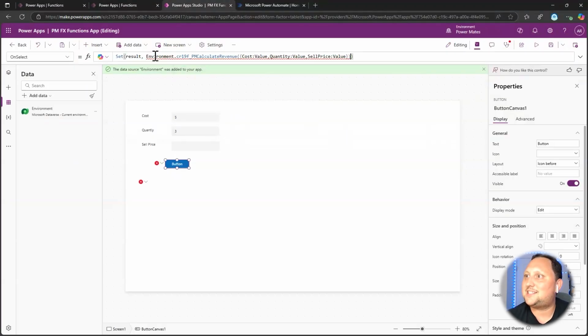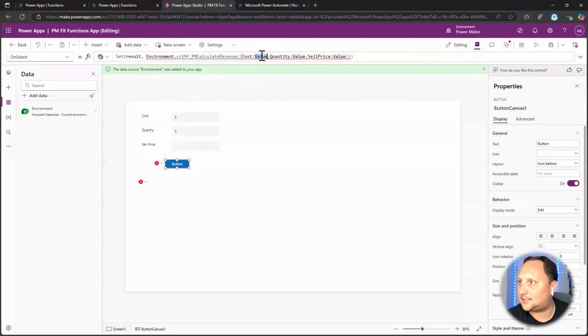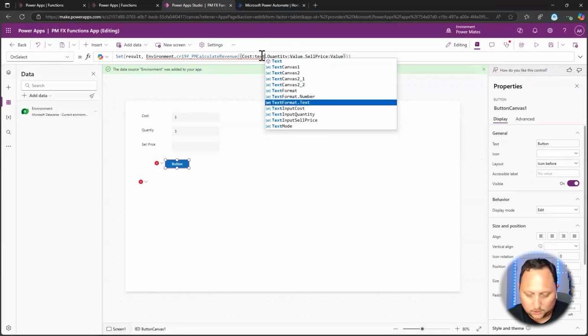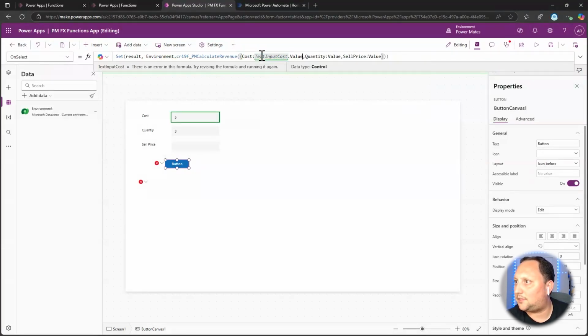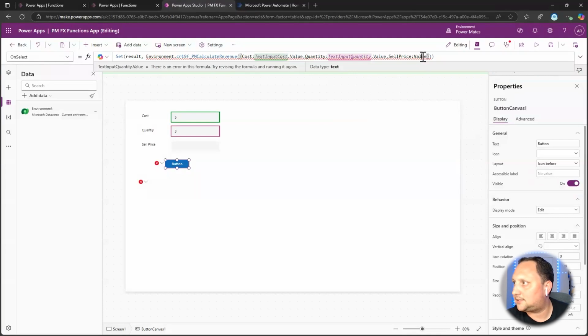Here you just need to fill the values for the cost, the quantity, and the sales price. Let's fill cost. The name is text input cost, so let's say TextInputCost.Value. Let's do the same thing for quantity, TextInputQuantity.Value,